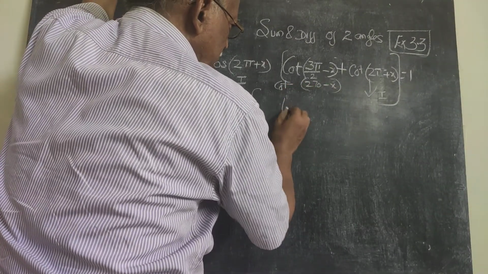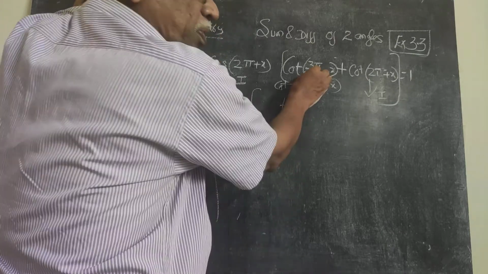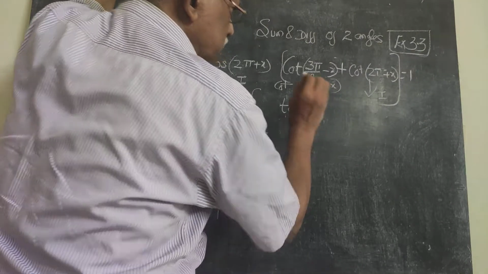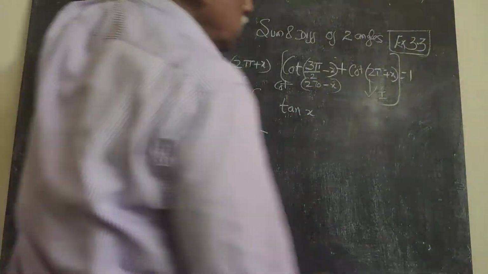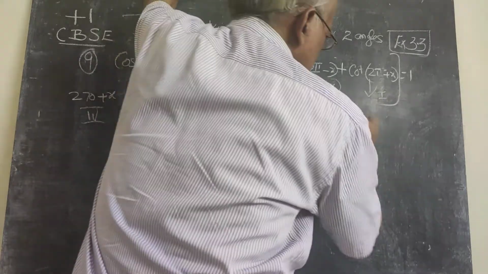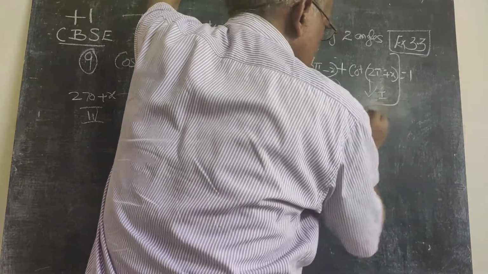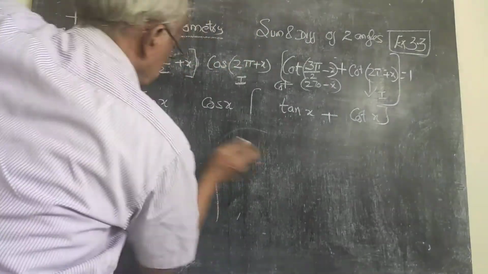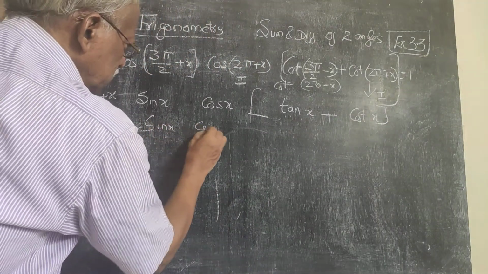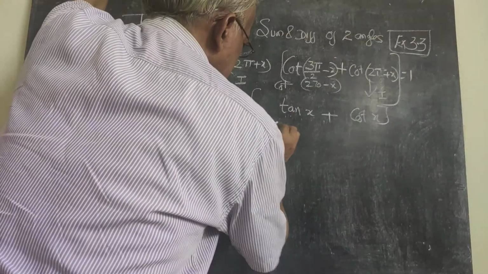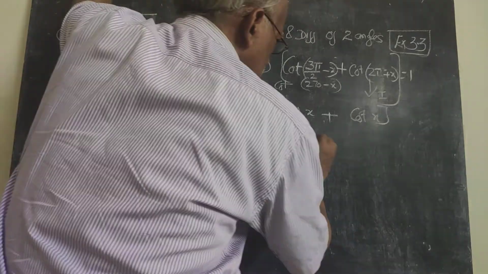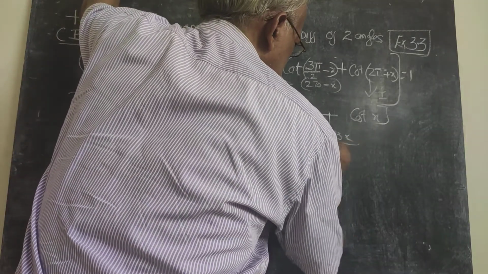270, therefore it becomes tan. Odd multiples, so cot becomes tan, and this lies in third quadrant, therefore tan x, no minus. Now cot(2π − x), that is cot x. This is in first quadrant, so positive. Now this part, there is no change. This is tan x, which can be written as sin by cos, and this is cos x by sin.